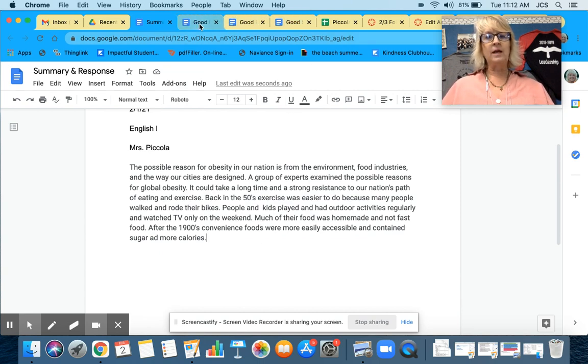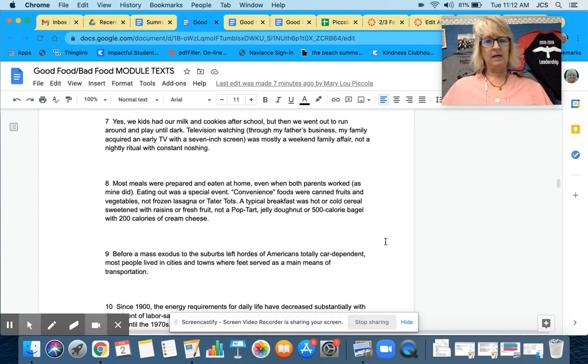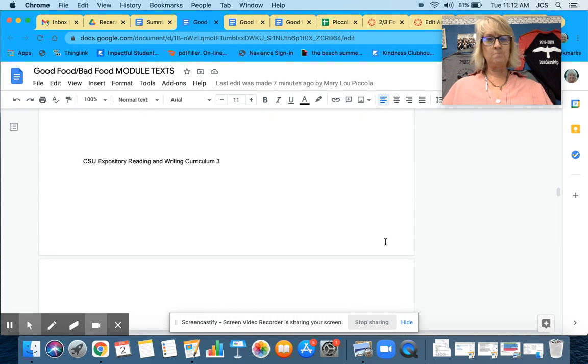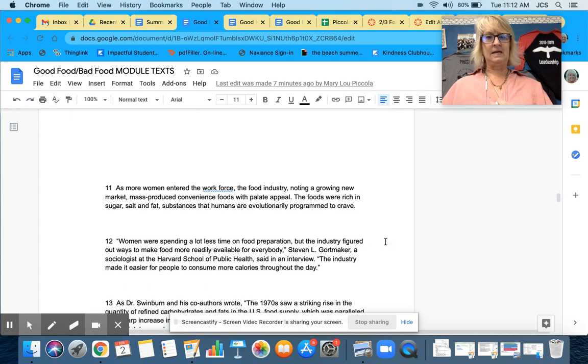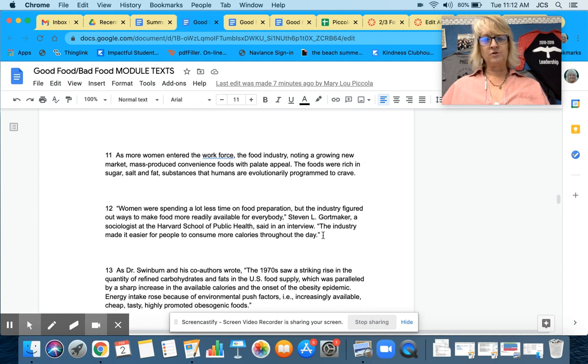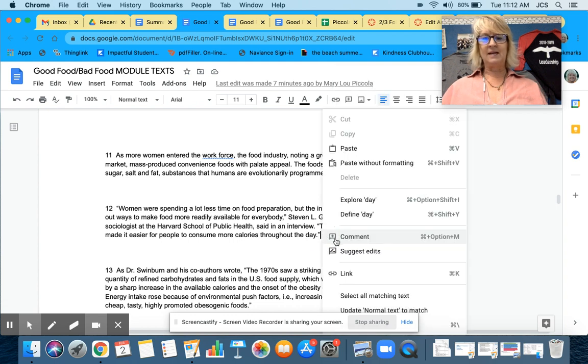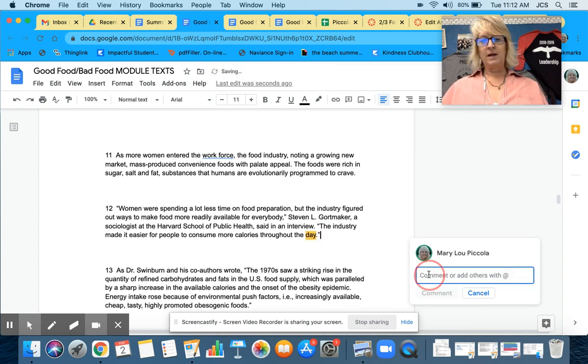Remember, MLA format is 12 font Times New Roman, or that's normal text, so that's it on that section. So let's go ahead and go back into the article, and I believe I ended up down here. I want to say paragraph 12. So I'm going to go ahead and insert another comment box, because remember, that's how I am collecting my notes in my own words. So I'm just going to title that summary